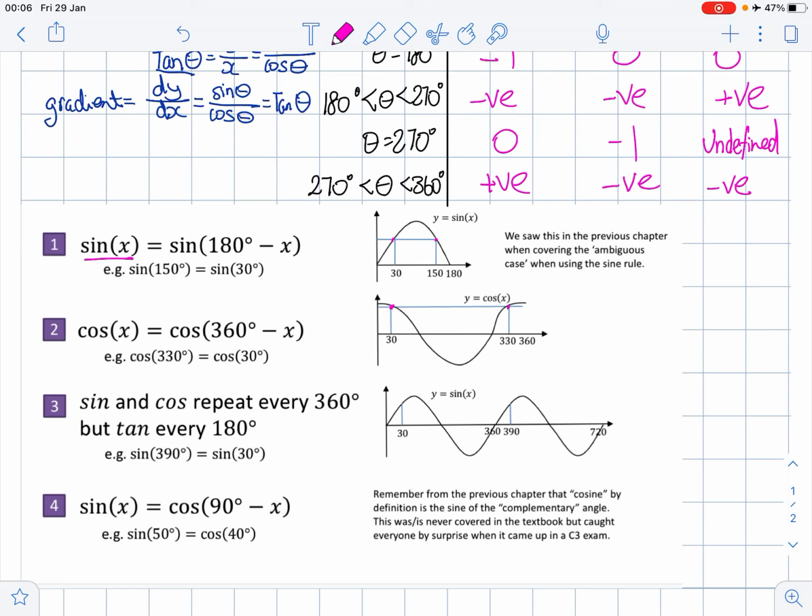As we can see, because of the reflection property, this angle here is going to be equal. Sin theta and cos theta repeat every 360 degrees, but tan repeats every 180. Therefore, if we want to know sin 390, this is going to be the same value as sin 30. And another one: sin x is also the same as cos(90 minus